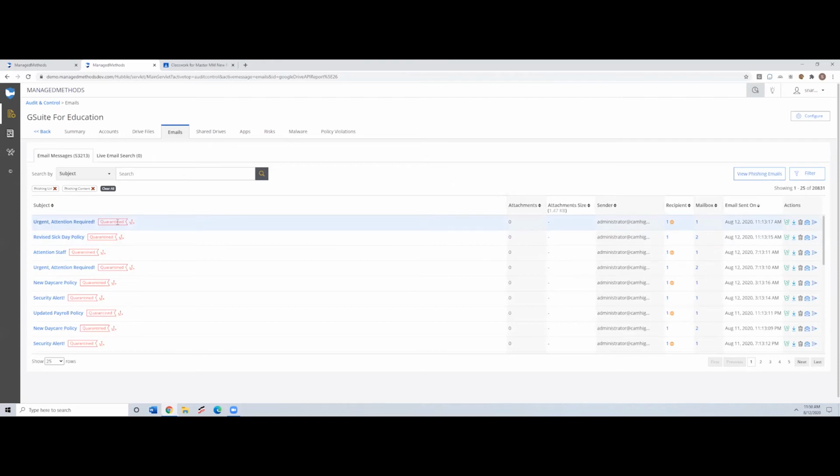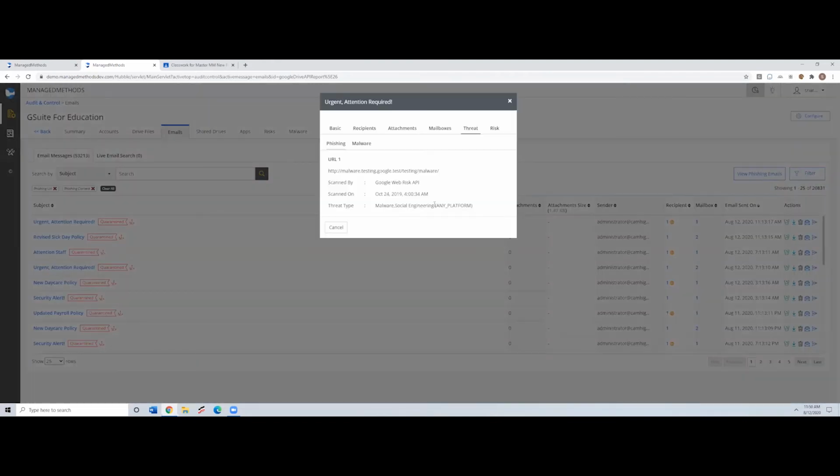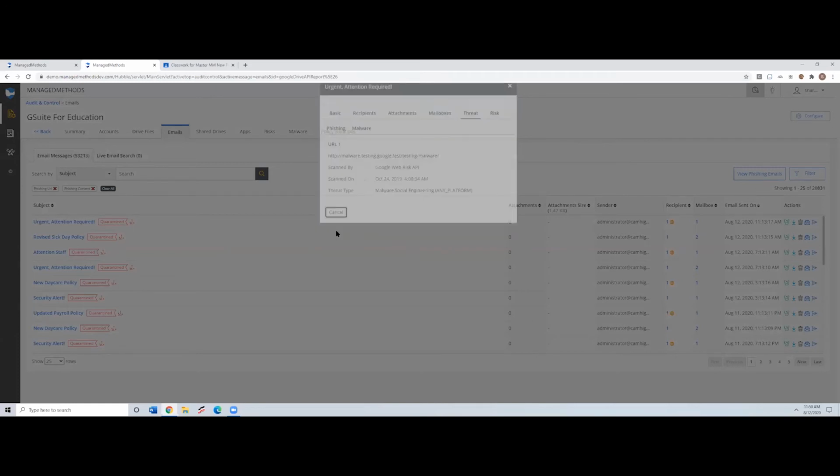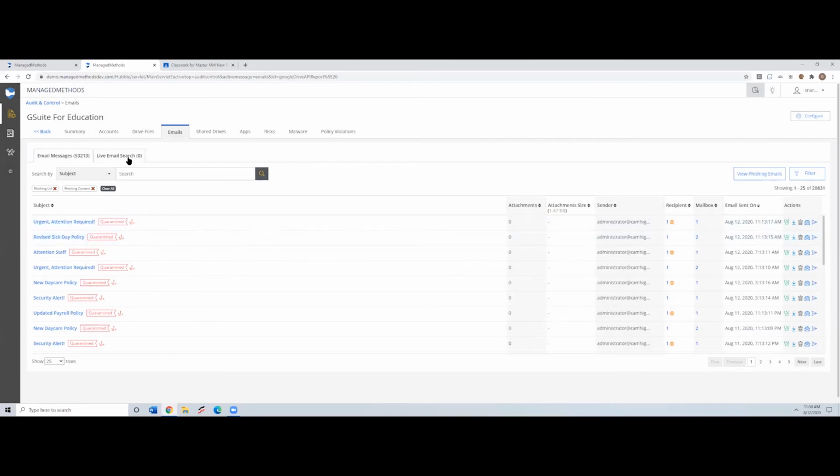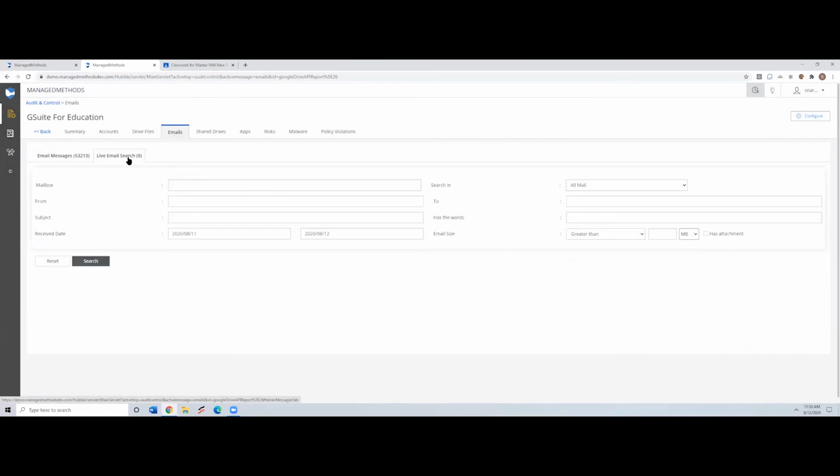For example, here is one that has a URL that is a malware and a social engineering link. Similar to files, you can also search all the live emails. If you're doing an investigation on a specific student or a group of students, you can come here and search for all the emails that have specific words sent between certain dates, etc.